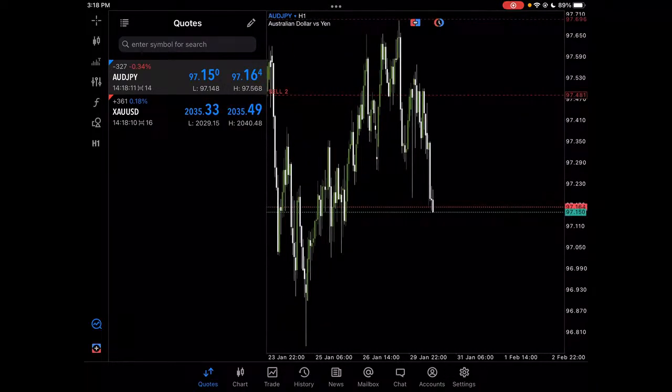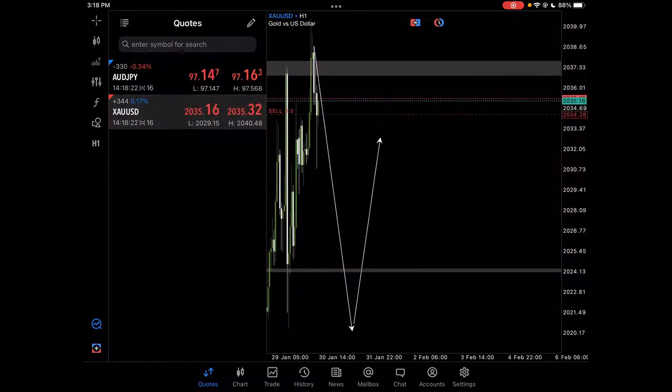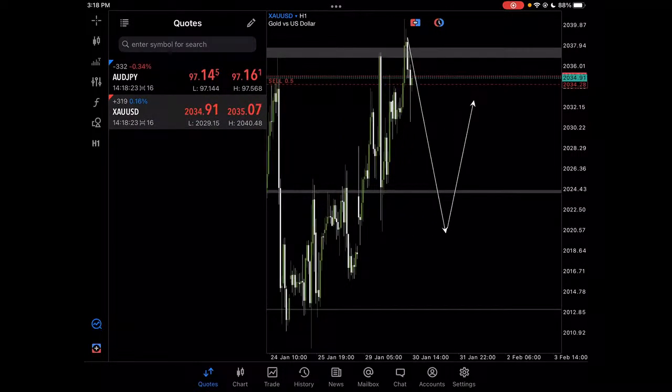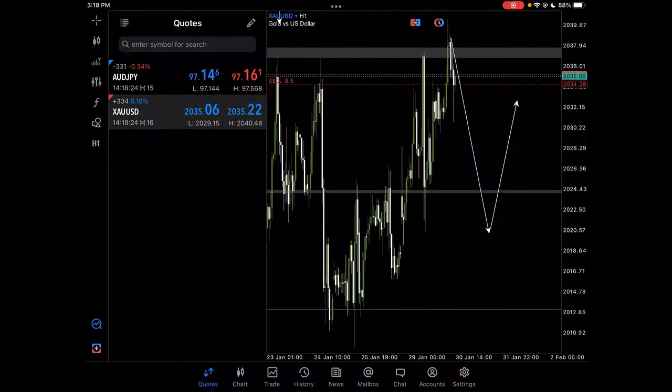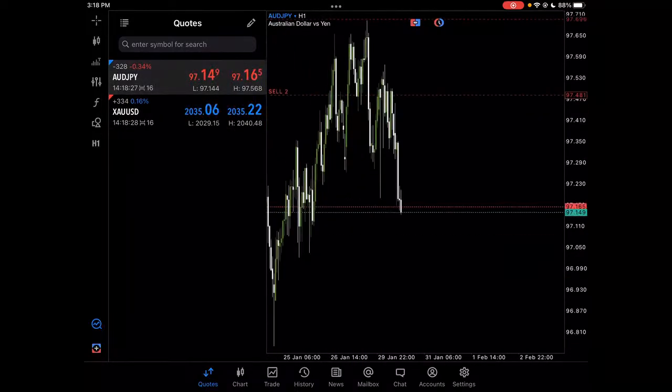Okay, so AUD-JPY is doing well so far. For those holding AUD-JPY like I am, I'm going to close it at exactly 8 o'clock in the morning as I wait for the magic to happen on gold. As I wait for the magic to happen on gold, I'm going to close AUD-JPY, which we started trading